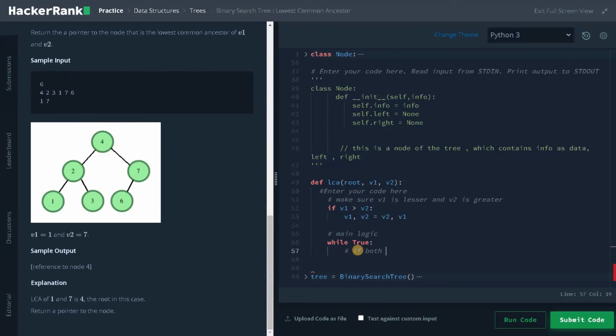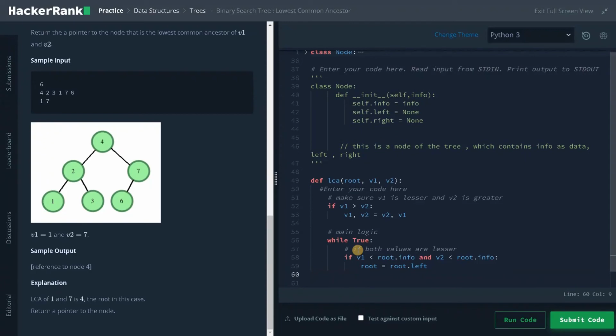If both values are lesser, if v1 less than root dot info and v2 less than root dot info, we will go to the left subtree. That will be root equals root dot left. That's one condition.